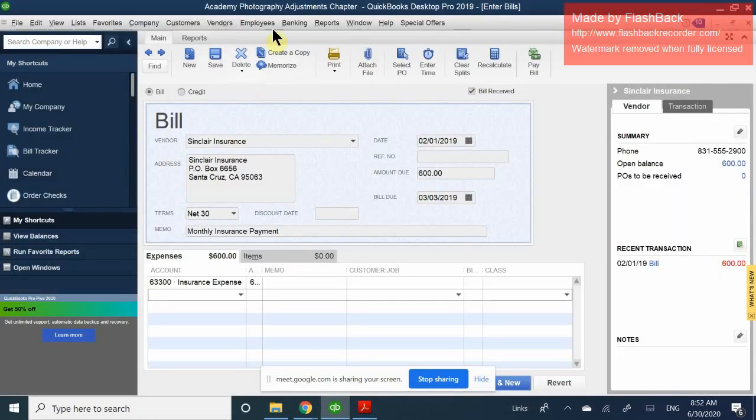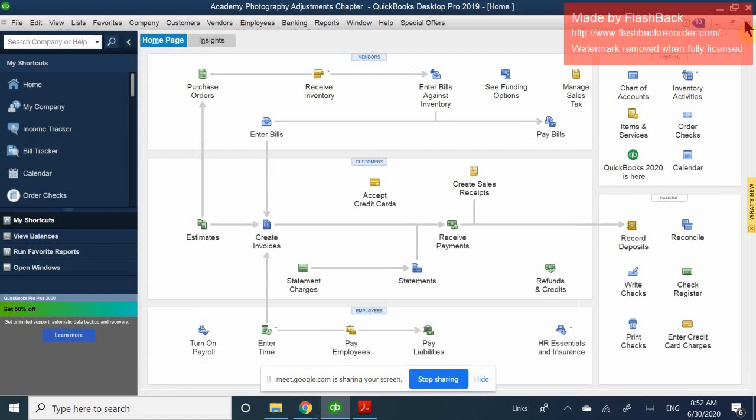So here I've already loaded up the program. This is from last time. So here I see Sinclair, and this is exactly what's going to happen. And here's the amount number, so for $600. So if I were to just close this out regularly, and I just say enter a bill,